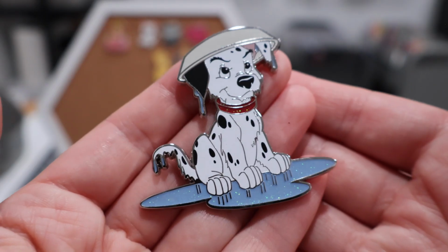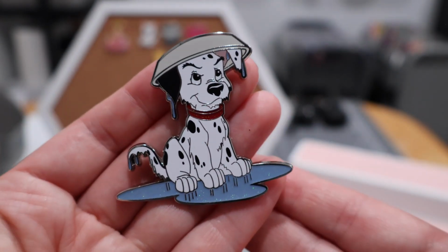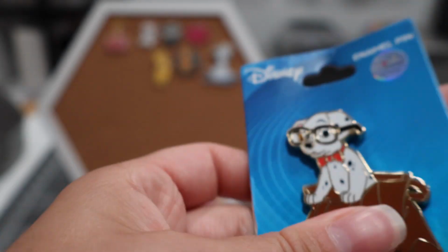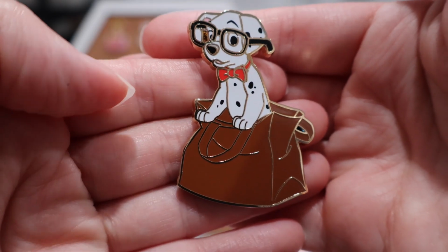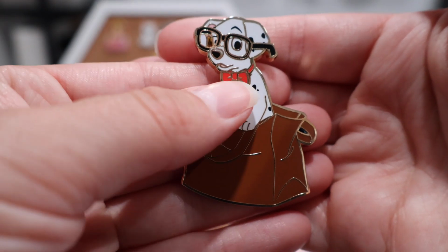I have a whole board dedicated exclusively to 101 Dalmatians, so this is going to look fantastic on that board. And as you caught a glimpse of, that's not our only Dalmatian. We were also able to bring home this pink a la mode exclusive. And this Dalmatian is sitting in a little briefcase or work bag and has glasses on with a little bow